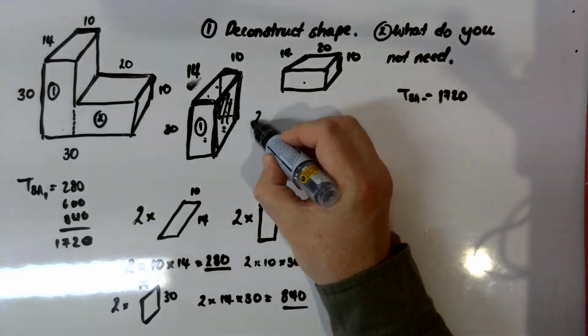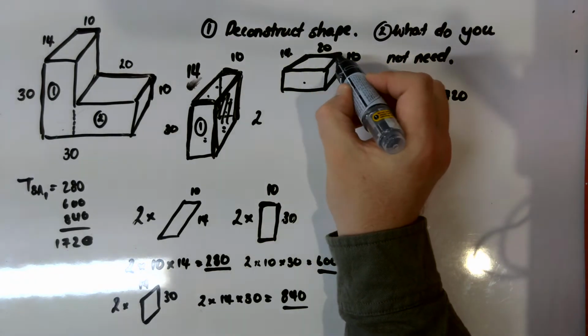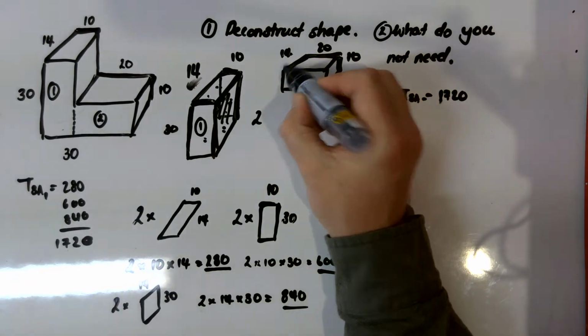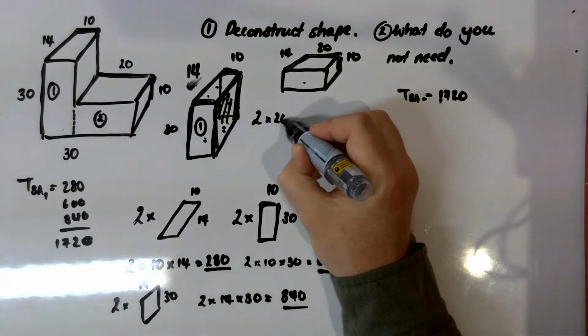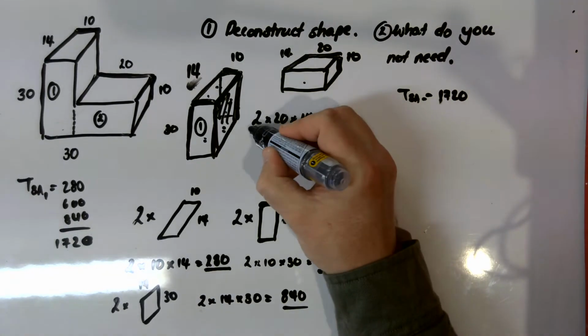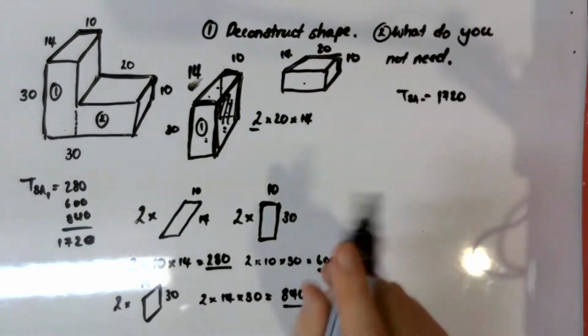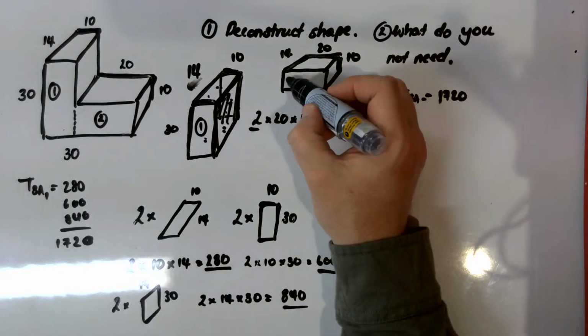So the top rectangle, which is this one up here, is 20 by 14. So 2 times 20 times 14. The 2, of course, because we have 2 of those rectangles. If we have a look at the front here,